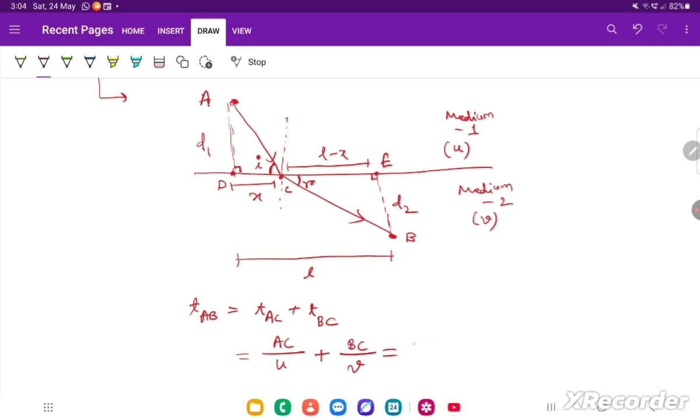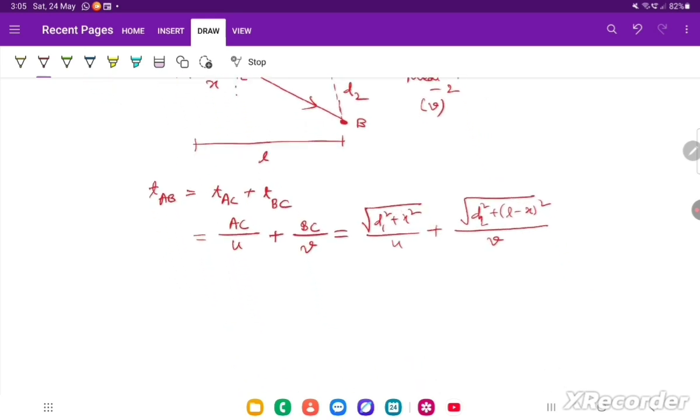So by Pythagoras theorem, AC is root over d1 square plus x square, and this whole term will be upon u, right? And the next term will be root over d2 square plus L minus x whole square